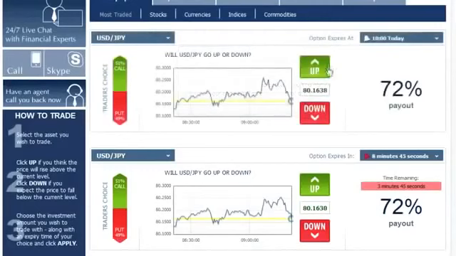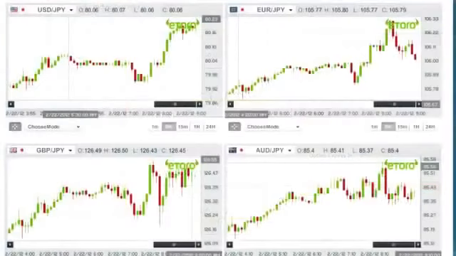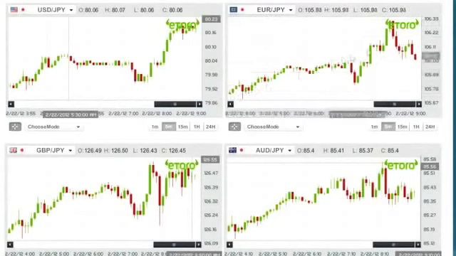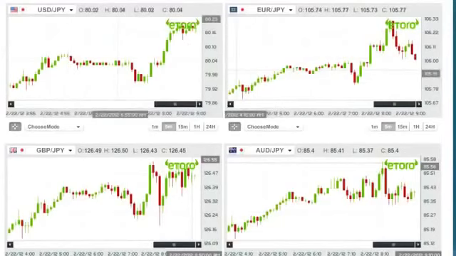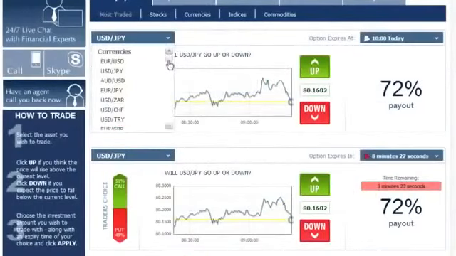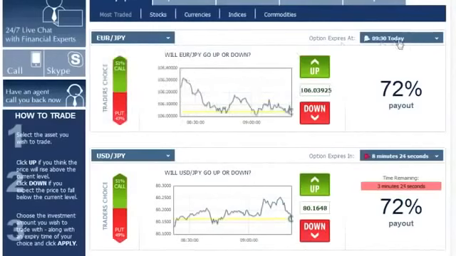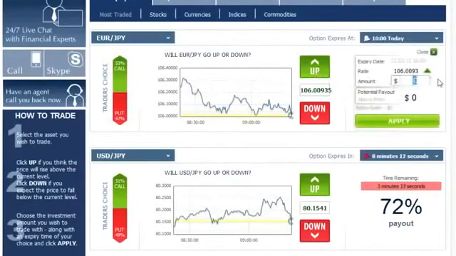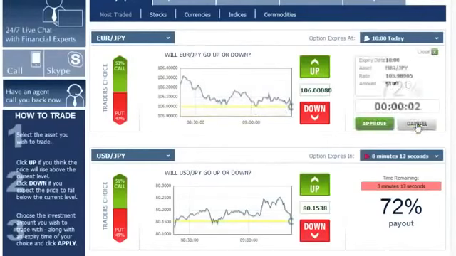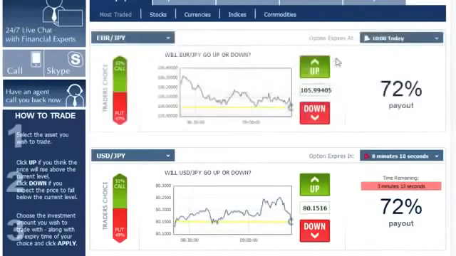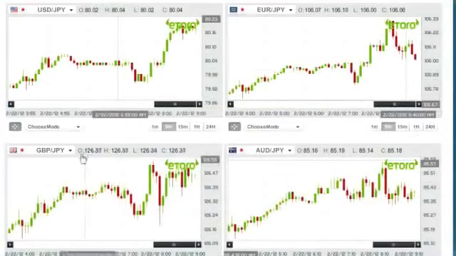We can go back to the graphs and continue to the Euro Japanese yen. Now, this graph is as well an upward trending line. It's starting from this point all the way up to here. See, it's an upward going trend line, so we go back to the platform, we choose Euro Japanese yen, we choose the expiration hour. Now we click up since the trend line is going up, and we enter $100. Apply and approve.